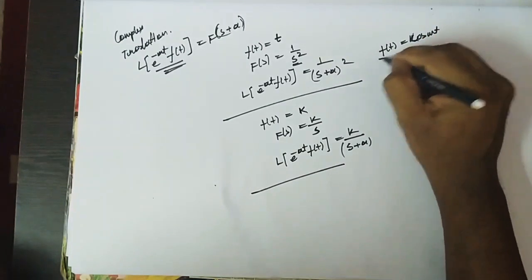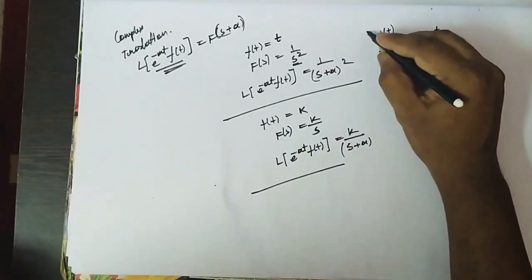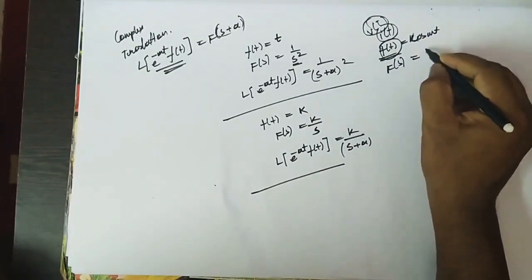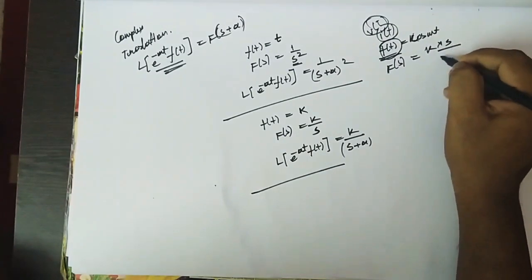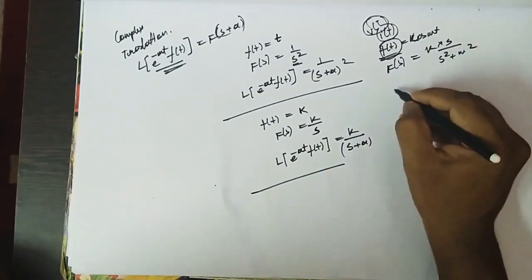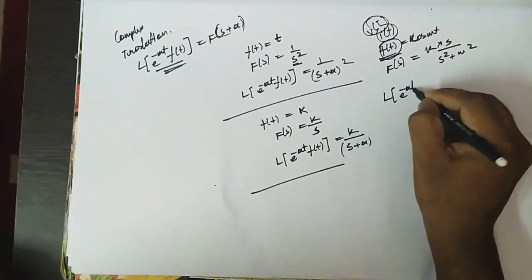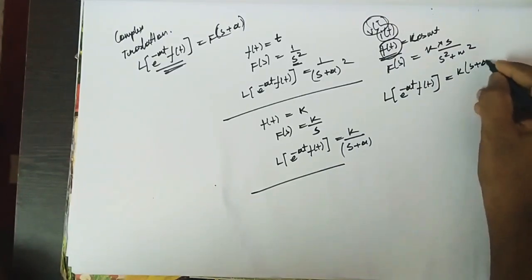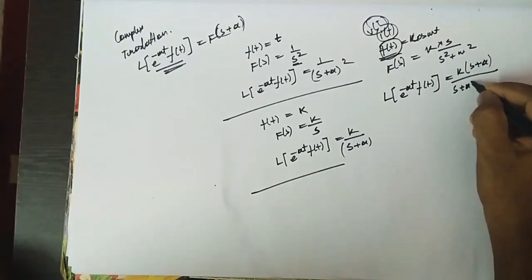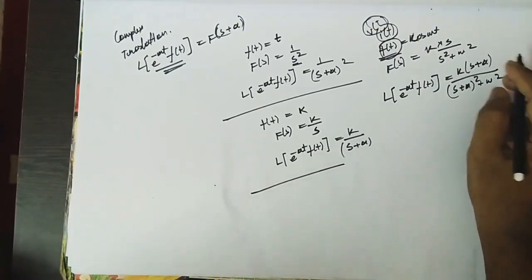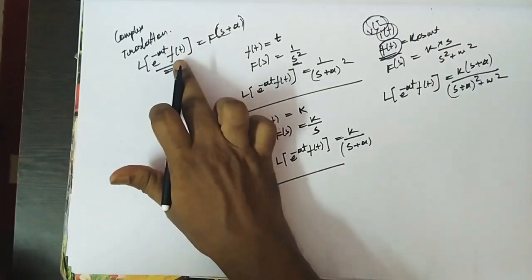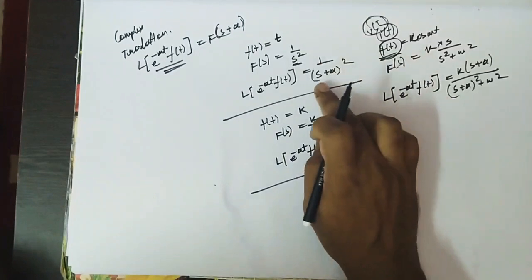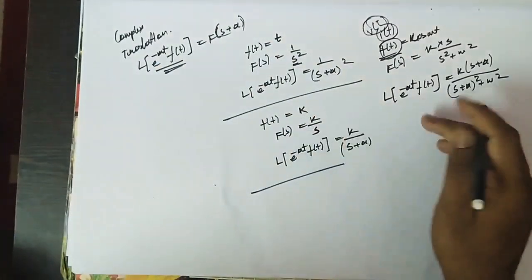Similarly, the Laplace transform of f of t equal to k cos omega t. So you have the f of t function, that is, current or voltage. The Laplace of this is k into s by s squared plus omega squared. If I ask the Laplace of e power minus at f of t, then it is k into (s plus a) by (s plus a) whole squared plus omega squared. According to this theorem, you get the Laplace transform of f of t in s terms, and in place of s you add s plus a. So this is the calculus.